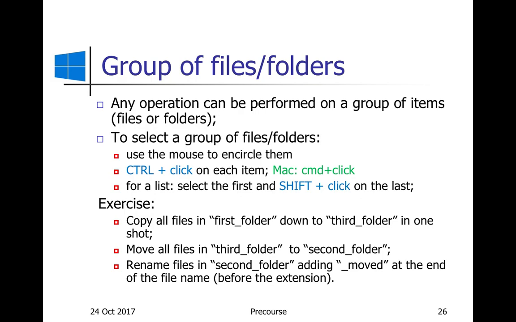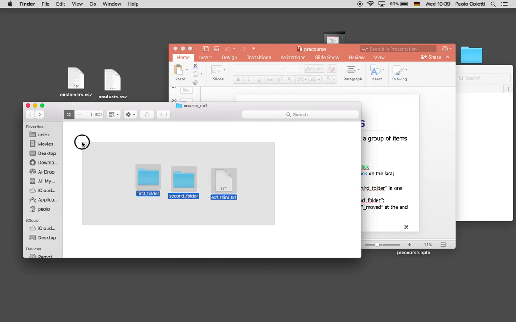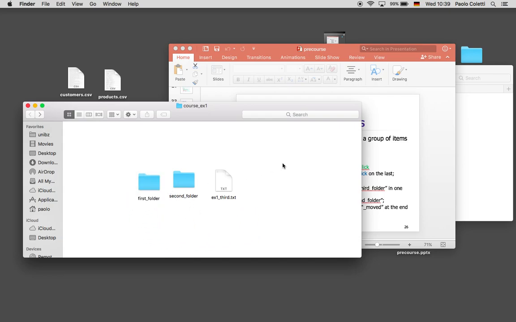So sometimes it's handy to select an entire group of things. Again, you have several ways to do it. Suppose, for example, I want to select this tree. I can take the mouse and select. Very easy. However, sometimes, suppose, for example, I want to select this one and this one, but not the one in the middle. I can rearrange them. But suppose you have 200, you cannot rearrange them. So in this case, I can select the first one. And then on Windows pressing Ctrl, on the Mac pressing Command, and select the second one. So keeping Command pressed gives you the possibility to select multiple items which are far away.